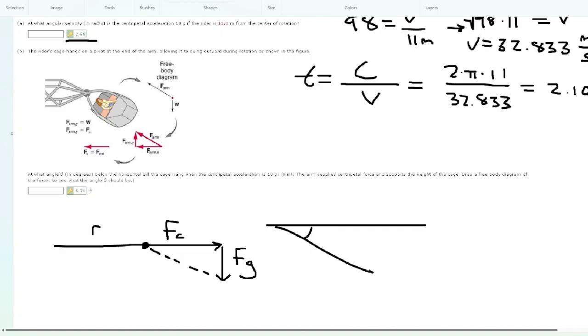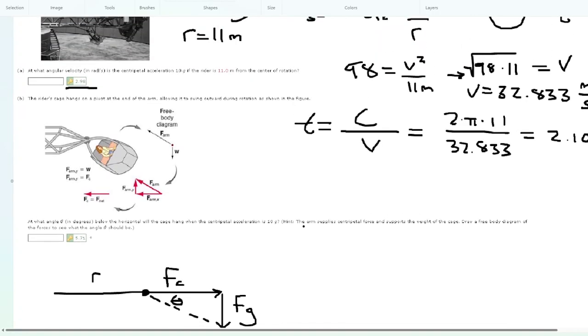It's going to be between the line and the horizontal. That's going to be the angle between the object and the horizontal in this case. In this case, it's going to be this human centrifuge thing. So now that we've denoted this,